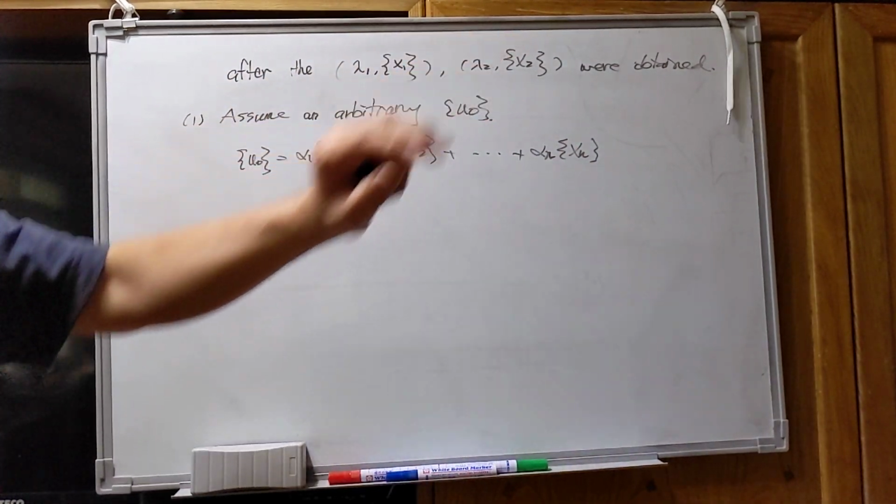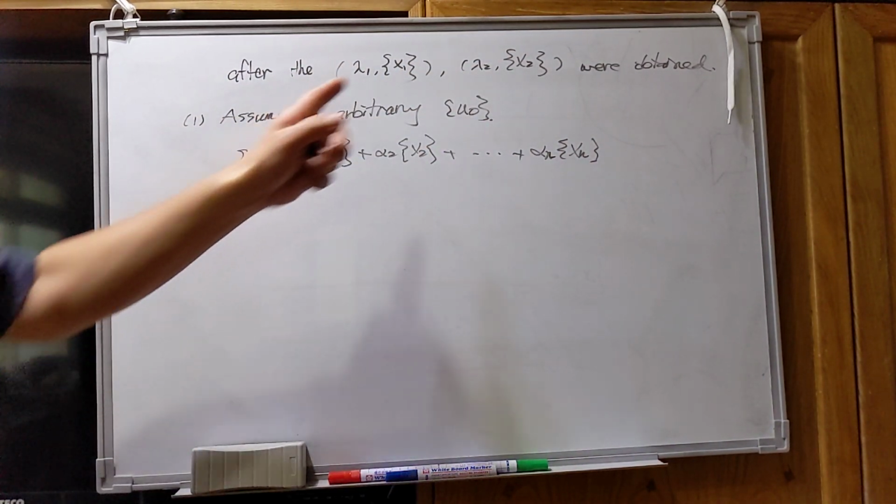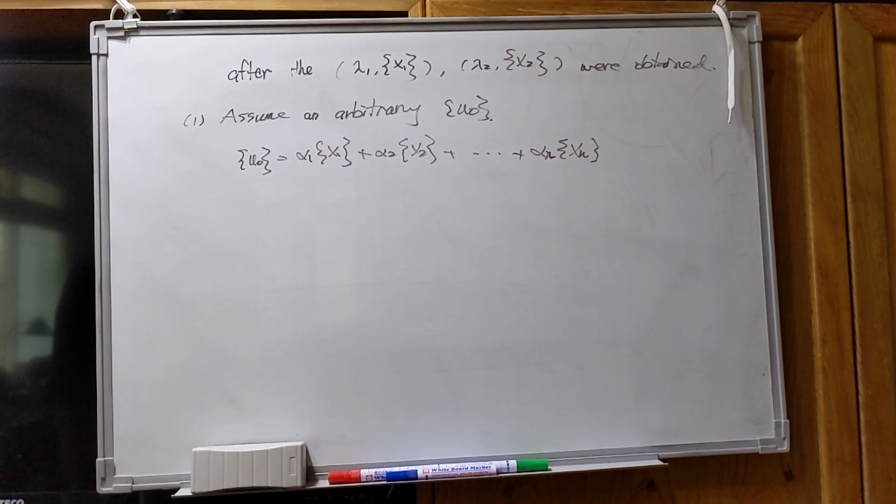Since we have already got lambda 1, x1 and lambda 2, x2, then we